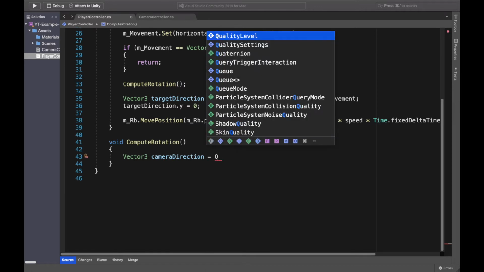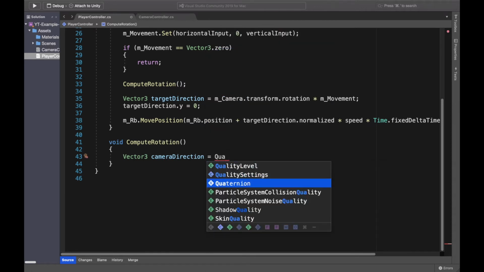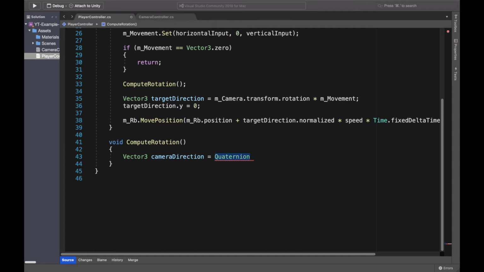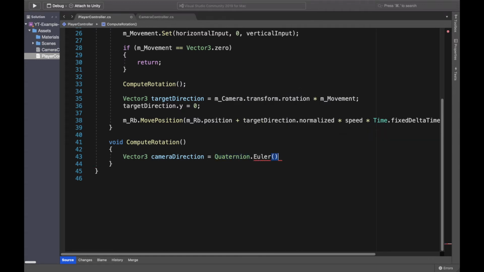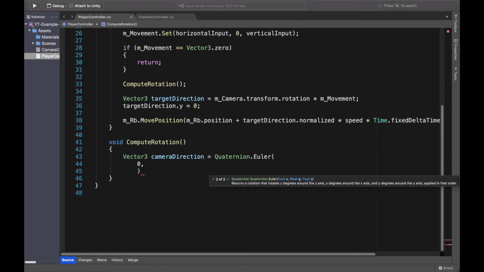Quaternions are used for angles usually. Quaternion, not usually, but always for rotations. You will use Euler here, where you can specify normal angles in degrees. So I will say for the x value, 0 degrees. For the y value, I would like to get my current rotation of the camera on the y direction. Let's get